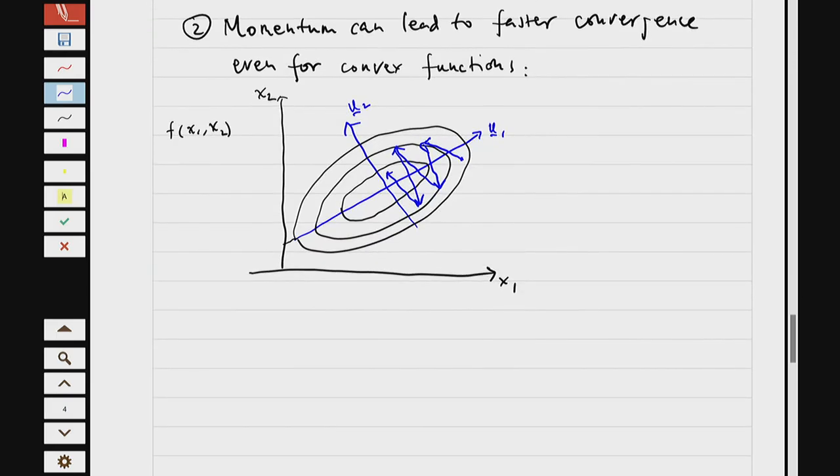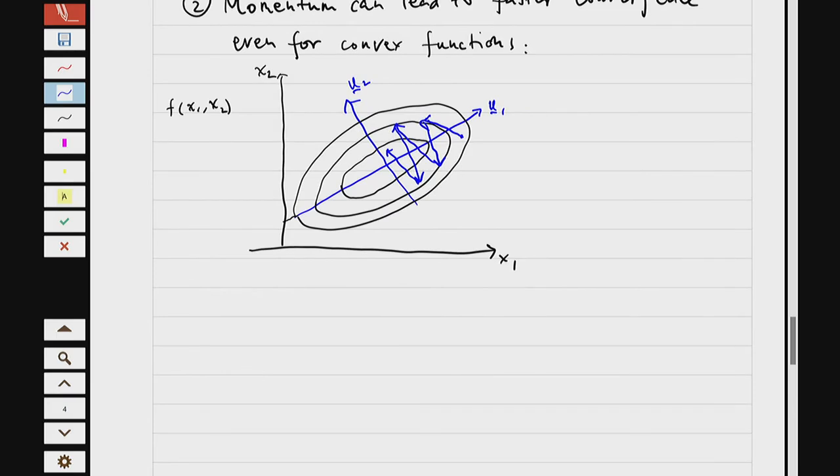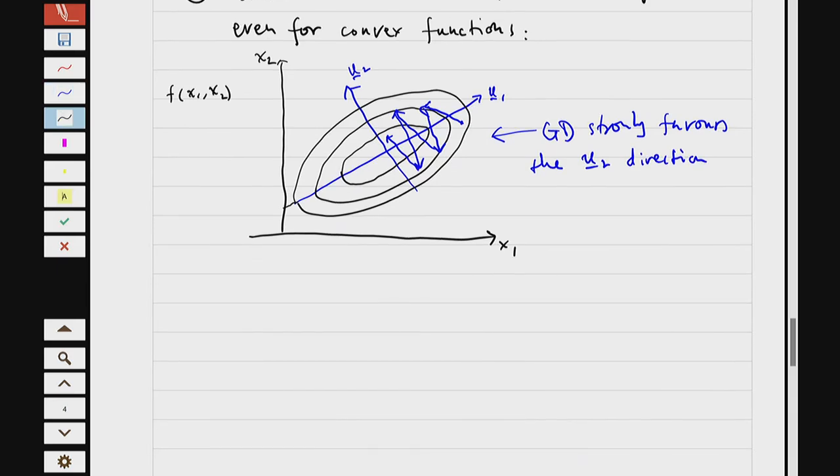I should say, one way to see this is that the gradient descent will strongly favor the U2 direction, the narrower direction. Here is the U2 direction. And another way to look at this